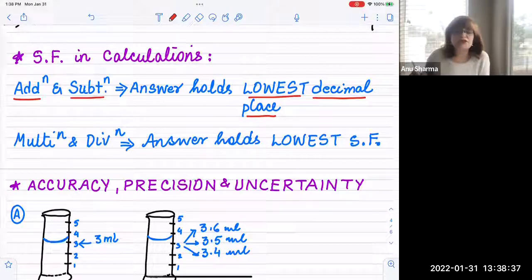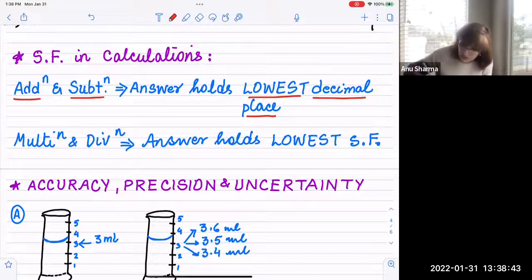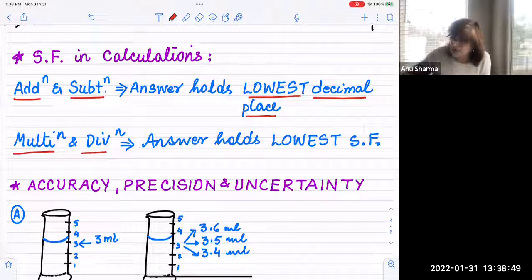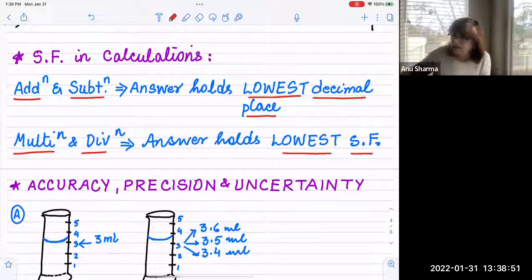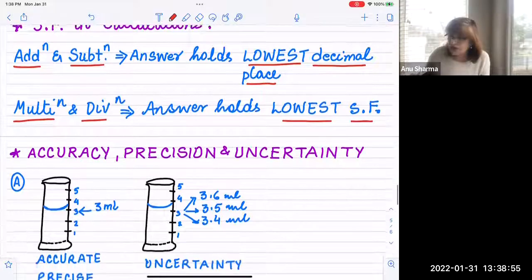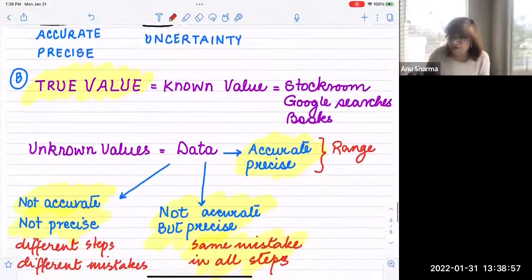So your final answer should have the lowest decimal place that was in the computation. Next, when you're doing multiplication and division, the answer should hold the lowest number of significant figures that was in the computation. Okay, so these are the very basics of